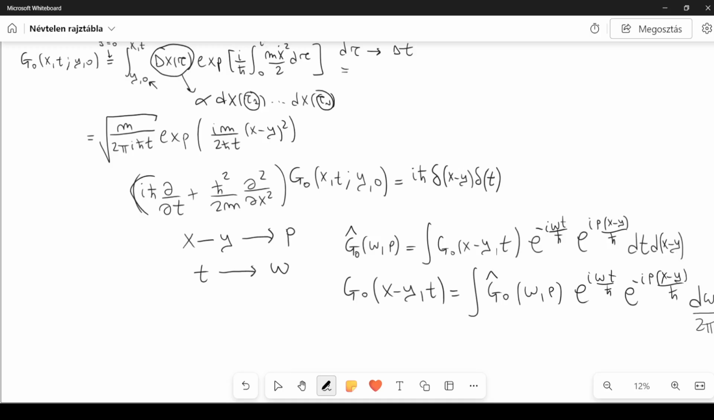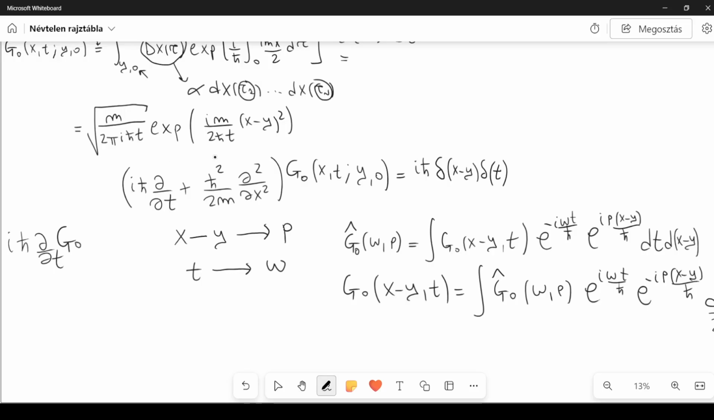So i h bar d over dt is a certain operator that we can also explain by means of energy, by thinking about fluctuation of energy, but let's not do it here. So this is applied to G0, whereas this operator here is minus the Hamiltonian of a free particle applied to G0, and then on the right hand side you have some Dirac deltas that tell you basically that